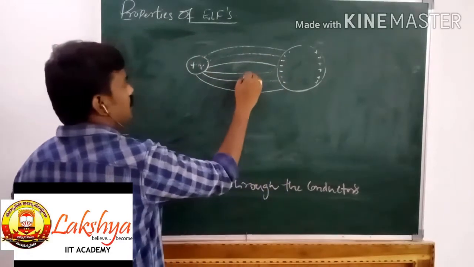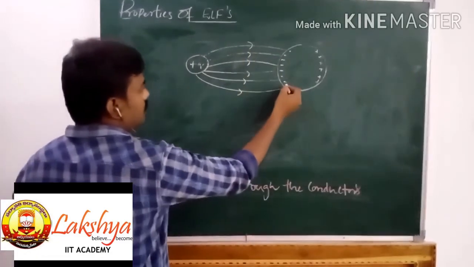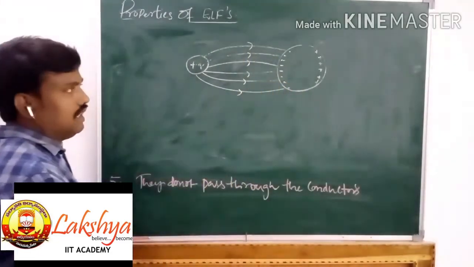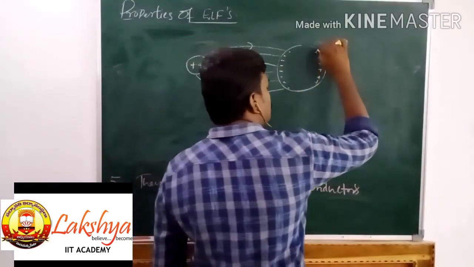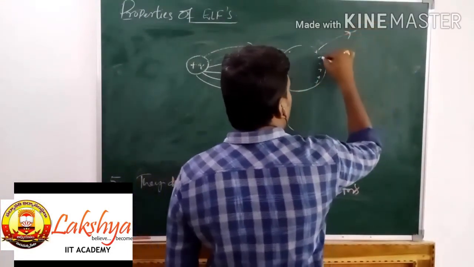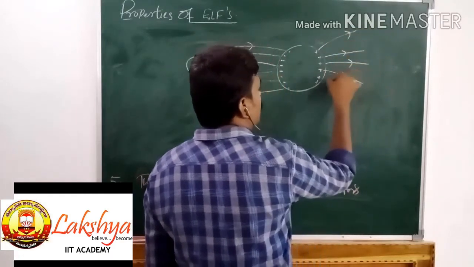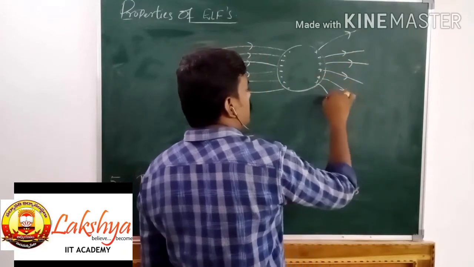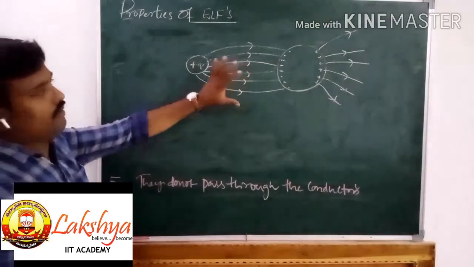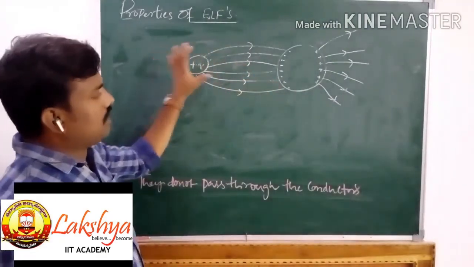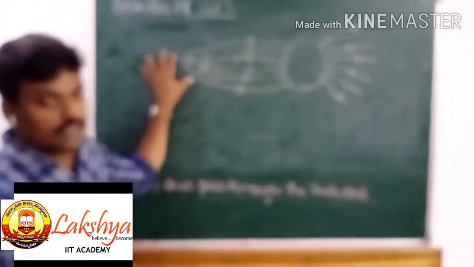So these are the electric lines of force which are coming from the positive charge and they are going to end up with the induced negative charge inside the conductor. And from here onwards, again there is a positive charge. From this positive charge, again we are going to have an electric field which comes out perpendicular to the surface of this charged conductor. So we can expect an electric field in between a charged particle and the conductor when the conductor is placed in the vicinity of the charged particle here.